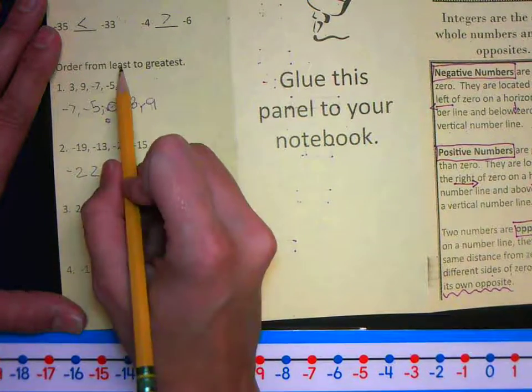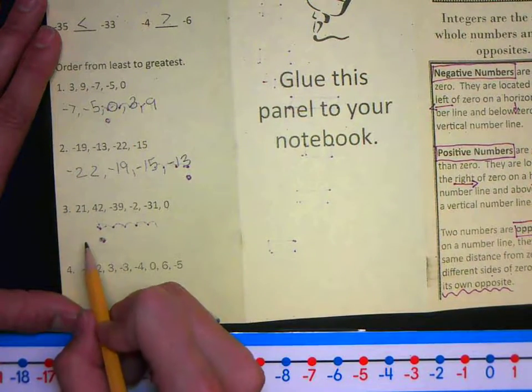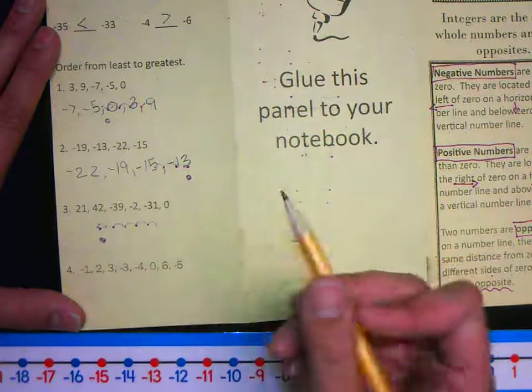Okay. When you're talking about from least to greatest, remember you want to list all your negative numbers first from the one that's furthest away from 0. So if I'm looking at my